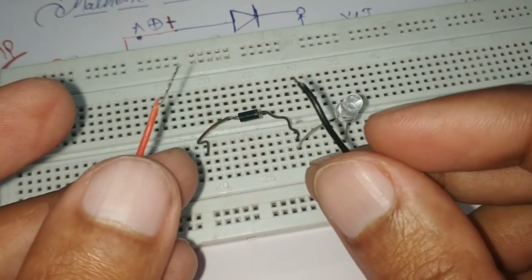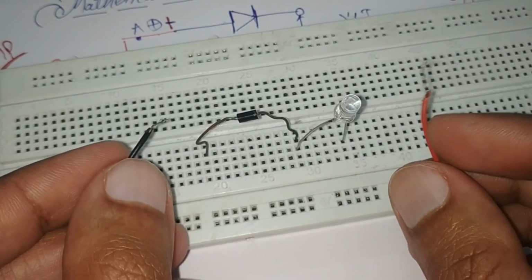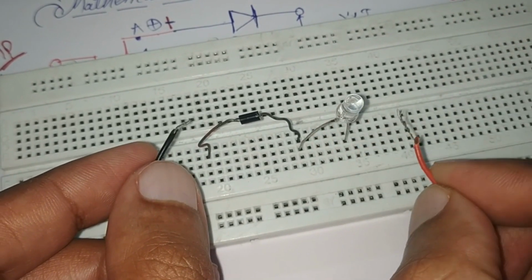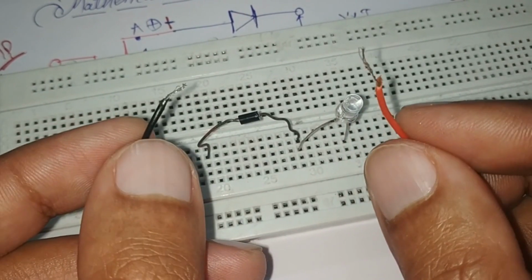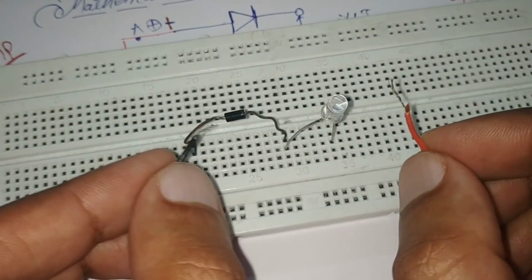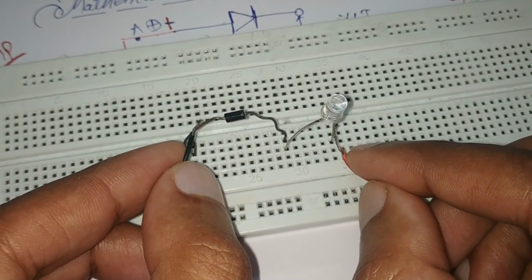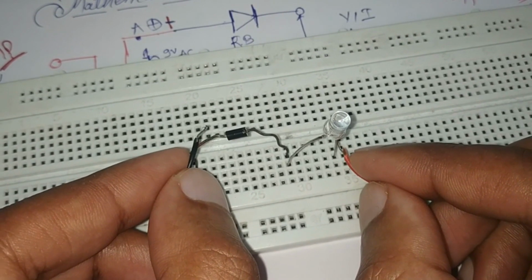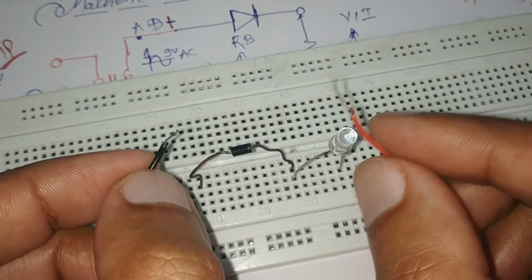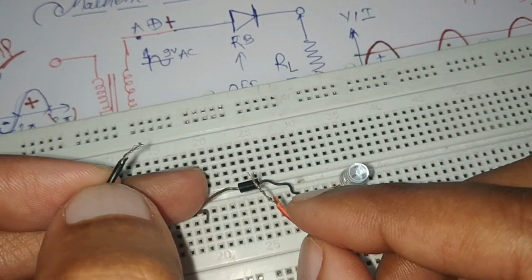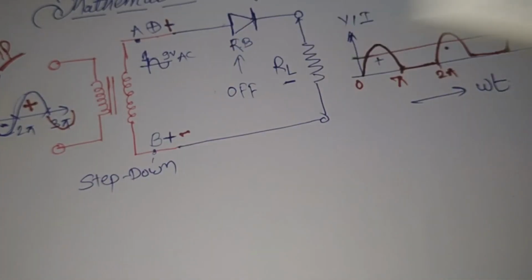If we rotate the polarities, if we connect the negative terminal of the battery to P type and the positive to the other side, what will happen? It will go in reverse bias and it will not switch on. If we attach it, we will not get any conduction. It is off. The diode is off. It works only in one direction. If we connect positive to P type, then only it will work. So these polarities we have to remember.